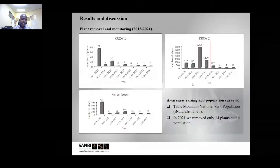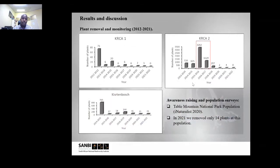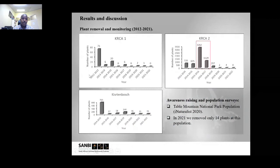So in terms of results and discussions, the graphs that you see on your screen show the number of plants that were removed from the 3 populations, from 2012 up to 2021. As you can see from the 3 populations that we've been monitoring, the number of plants is steadily declining. In 2021, we didn't find any plants in the Kenilworth Racecourse Conservation Area. And in Kirstenbosch, we only managed to remove 25 plants, which means that we are doing really well in